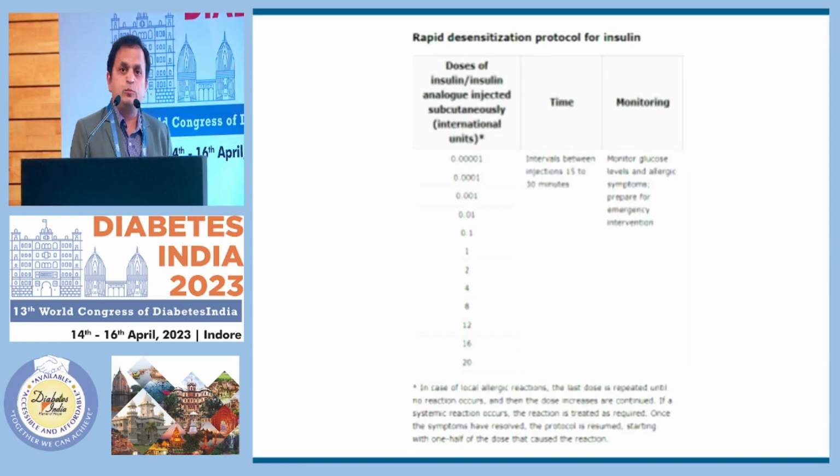And many a times if the hypersensitivity cannot be managed at all, or the alternative insulin also is hypersensitive, then you have to choose non-insulin based therapy, maybe GLP-1 analogs, or you can use methotrexate-like immunosuppression. Sometimes monoclonal antibodies also you have to use. If insulin is very essential for the body, like in type 1 diabetics, the pancreatic transplant, those patients